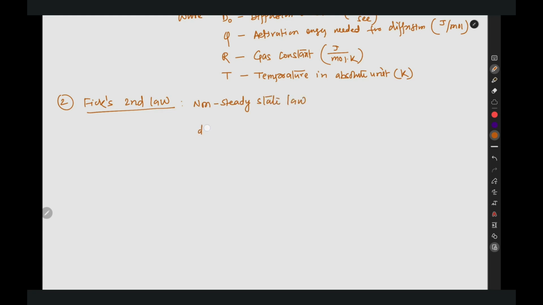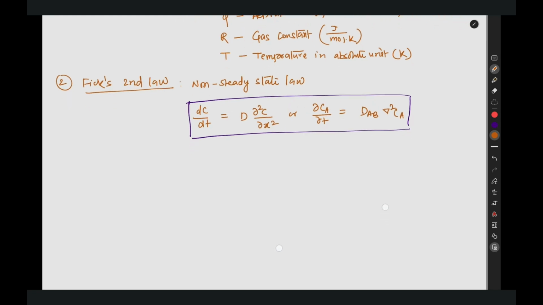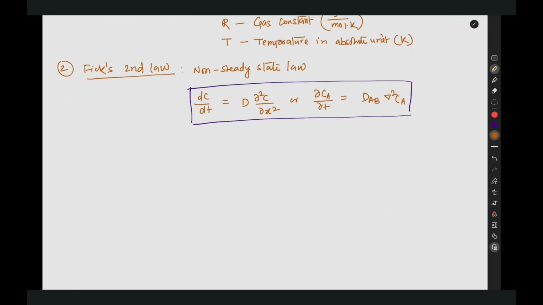According to the expression, dC upon dt equals diffusivity into the double derivative of concentration with respect to position, or we can also write del C_A upon dt equals D del square C_A. So this is in the differential form. After finding the solution and applying the boundary condition, the solution converges to C(x,t) equals A minus B erf x by 2 root Dt,